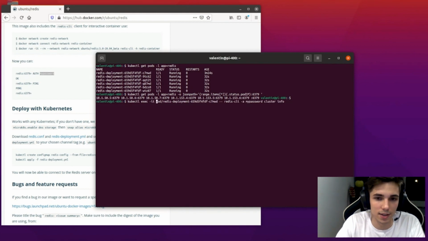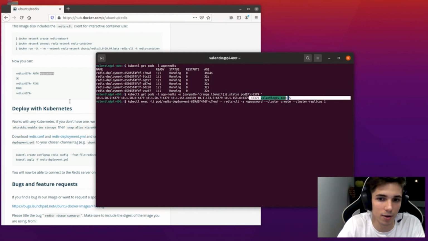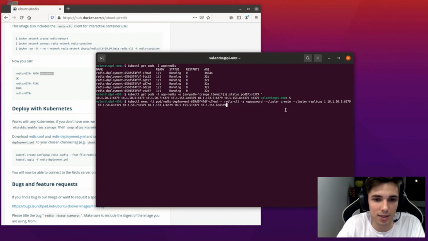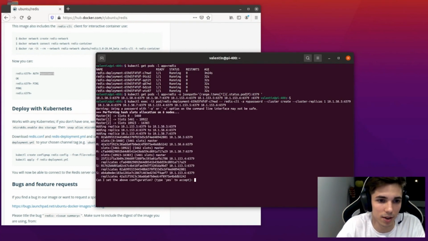So we need a password again, and that's a bit complicated command, but you have --cluster create to create a cluster, and --cluster-replicas to set how many replicas for each master you want. So here we want 3 masters and 3 slaves. So we're going to set one replica only, and we can paste all the IPs and ports there. You can see that the cluster is being created,